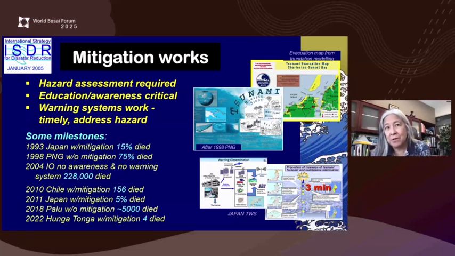2011, we have a number of 5%, but 5% translated to 18,000 deaths. So, quite sobering. We don't even want 5% to perish. And then the next two events, one was a landslide event for which we had challenges with our system not working, whether it's the dissemination system, and certainly awareness was not as strong as we'd like, and capacity was very weak.